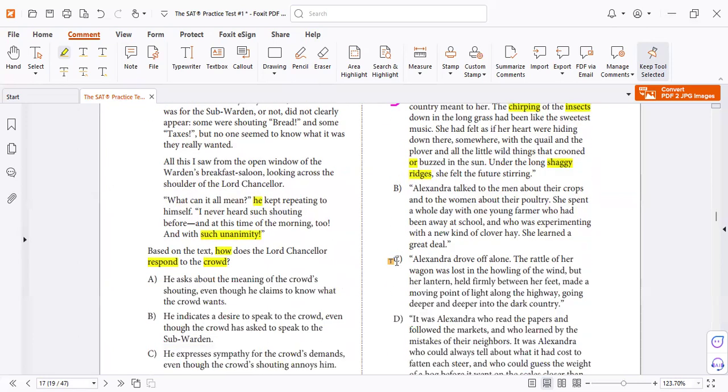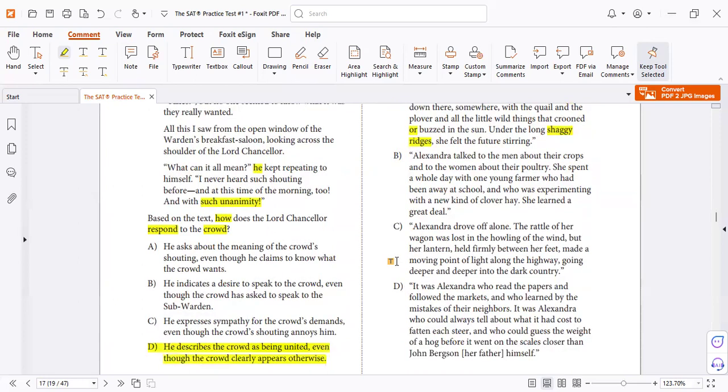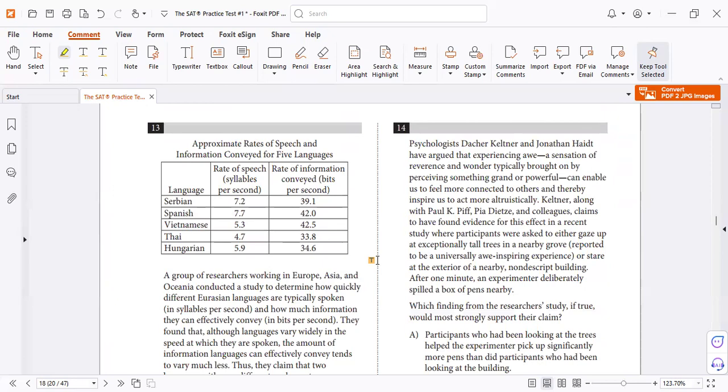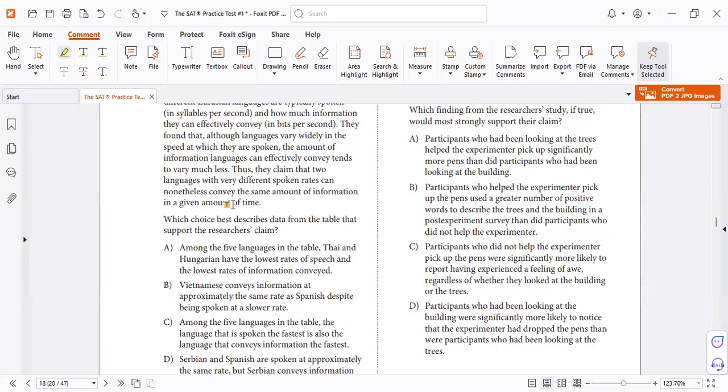Letter B and C did not focus on the claim too much. Yeah, good job. Okay. The question that you hate. Here, describe